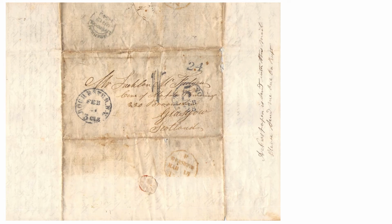Here's another example of the envelope being part of the paper, and it reads, "My dear brother, I received Flora's letter by which I learned that you was poorly for some time. I hope this will find you in better health. If you